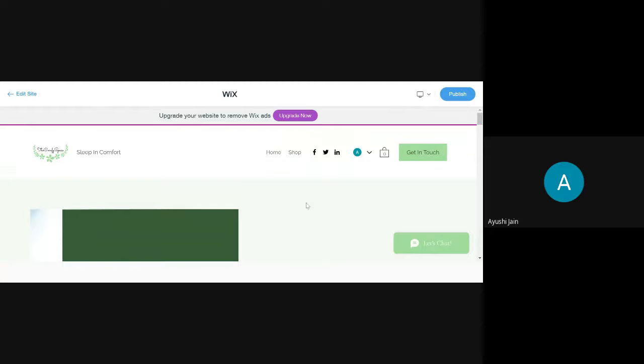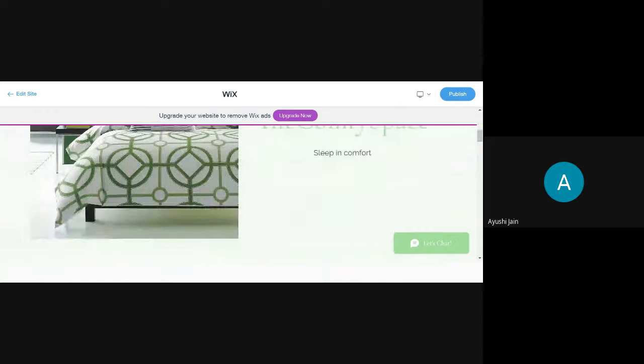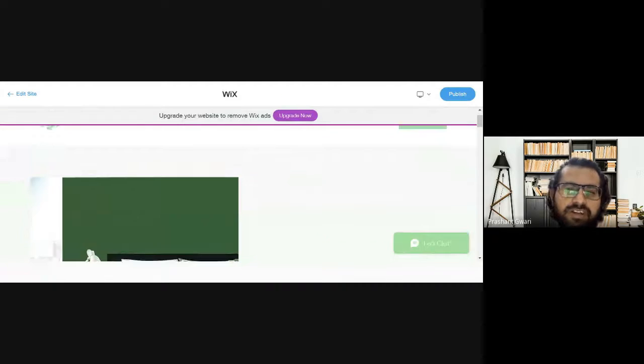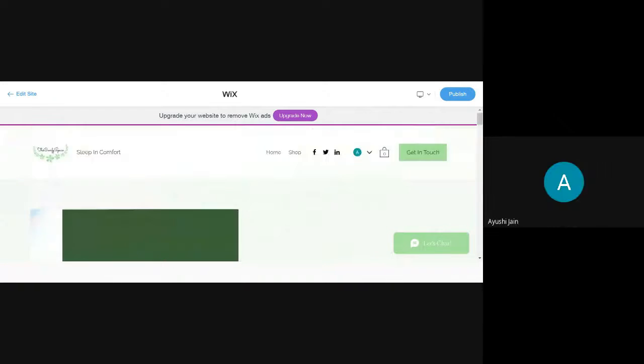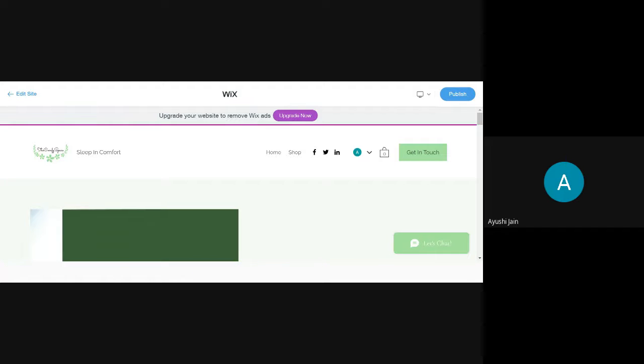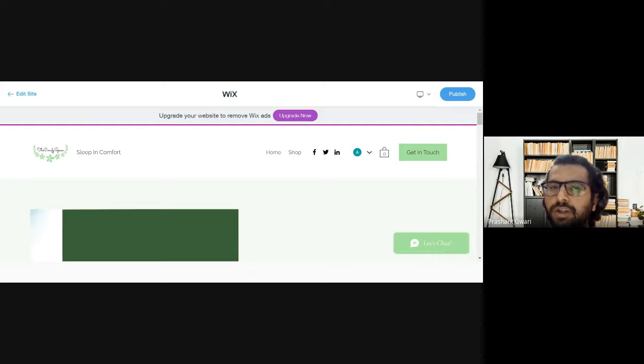Till now it's looking fine. I think the color is not that catchy. I don't find it really good, the green one. Maybe it was going with the logo. Actually, it's not about me. Everyone has different choices. Maybe it's not my favorite color, so don't think about that. Everyone has different needs, and maybe they will find this color more visually pleasing. So you can go with the same color, or you can change it later if you don't find it interesting. There is no worry about it. So it's looking fine till now.